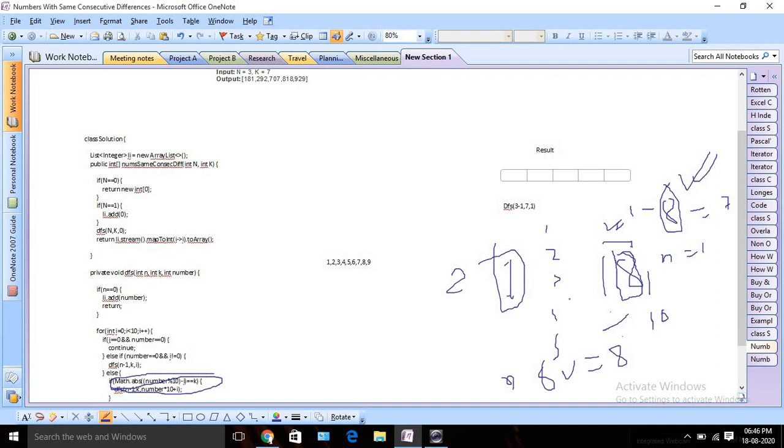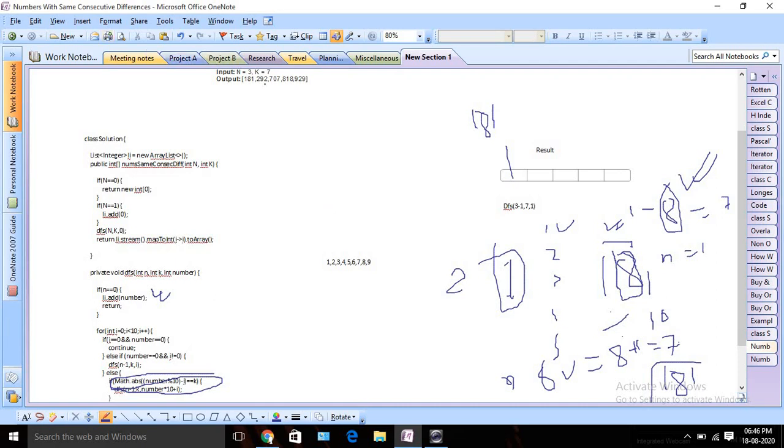Now I will check all the other combinations, 1 to 9, for which digit my difference will be 7. Again I can see for 1. If I pick 1, then 8 minus 1 is equal to 7, so we can pick 1. Initially our number was 18, then I will add 1, then again I will call DFS, and in this first condition we will find that n is already 0. That means we've already found one number and we are going to insert 181 here. So this is how we are doing it.